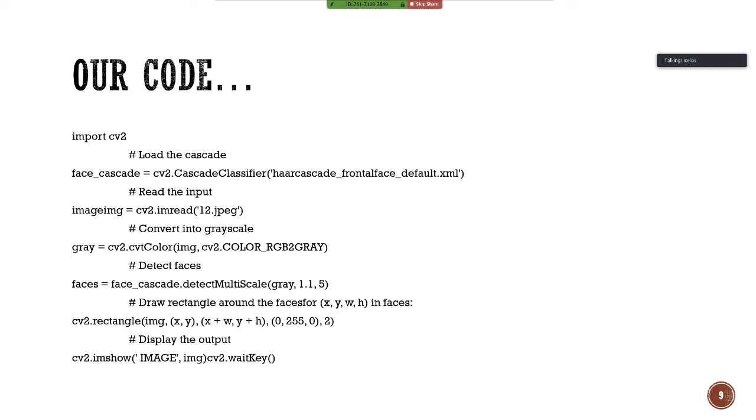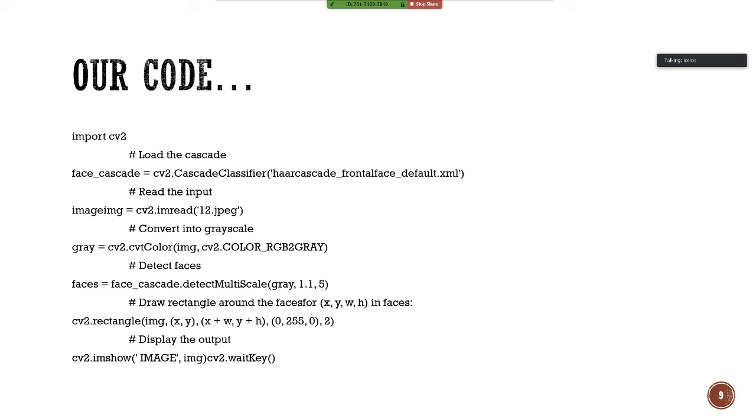Okay, so this is the code that we use to identify the face. We'll first be importing cv2, which is the Python library to solve vision system problems. The next code will be importing the Haar cascade frontal face default, which contains all the required data for identifying the face. The frontal face default XML contains the pre-trained dataset for the face, for example, the ears, the eyes, the mouth, etc.